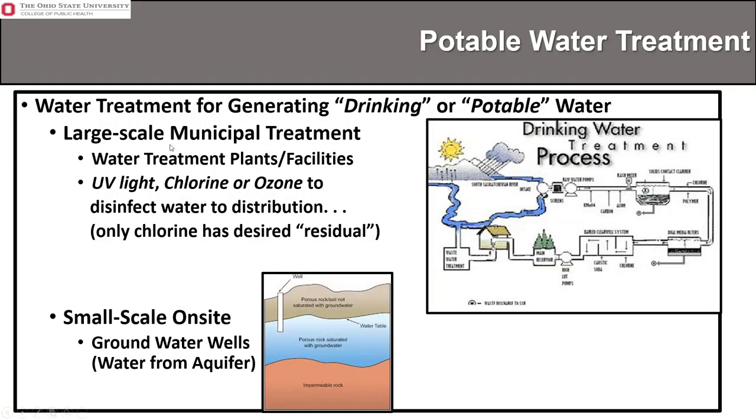Right? And we have large-scale municipal water treatment facilities, and we also have small-scale on-site groundwater systems, where water is pumped from an underground aquifer. So surface water, groundwater, large-scale, small-scale. Simply to know the distinction between the two. Both of them require measurements to make sure that the levels of biological agents, but also chemical agents, and even some radiologic agents fall below the MCL, the limits as per the Safe Drinking Water Act.